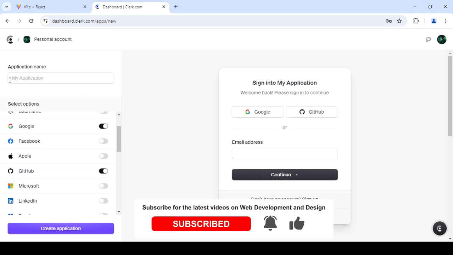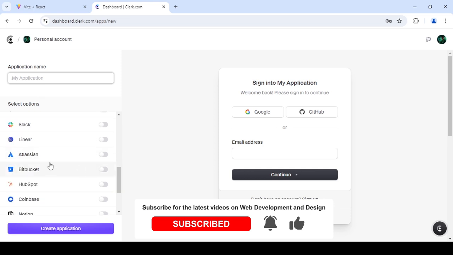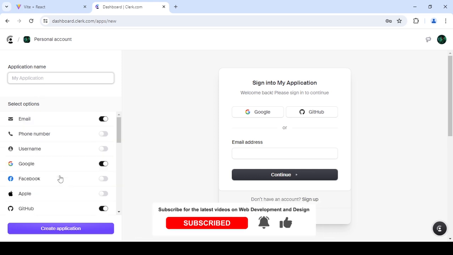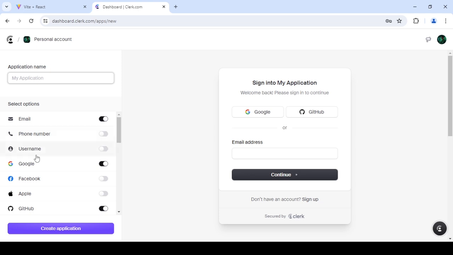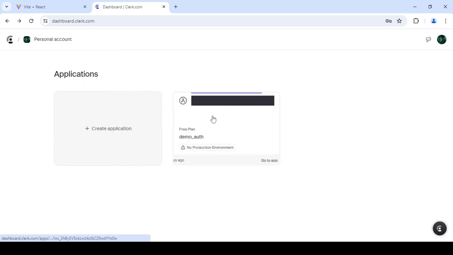Okay, and here you can give your application a name and activate and deactivate different ways of signing in. You can even use something like a phone number or your username. I think this one is limited to the paid version, but for the free version everything else will work. Okay, so I'm not actually going to create this because I've already created one. I'm just going to go back and use this one,